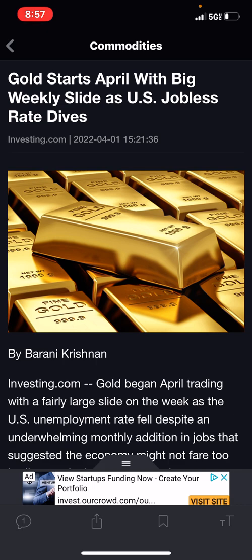But now that we got that out the way, let's go ahead and break down this article to explain what's happening with gold. We're going to touch on a few key points in the article, and then we're going to give you a good fundamental economic analysis on the outlook of gold and how you should look to trade it for this upcoming trading week and future trading weeks to come.